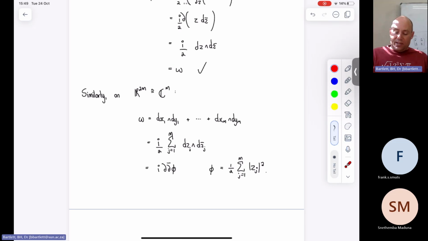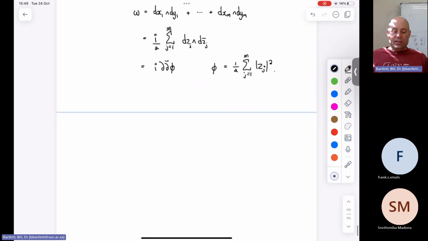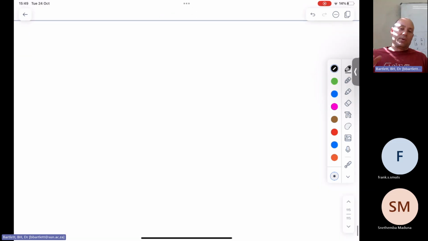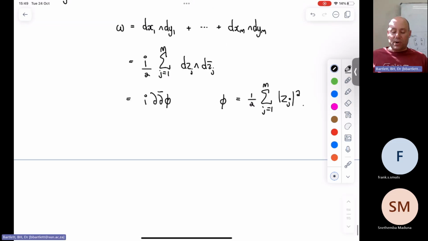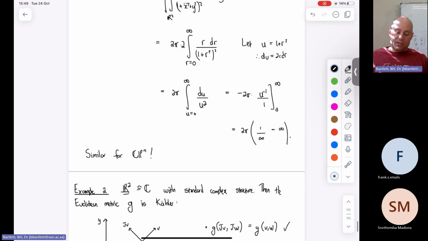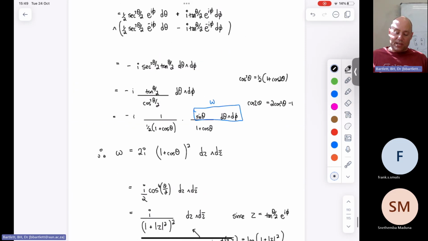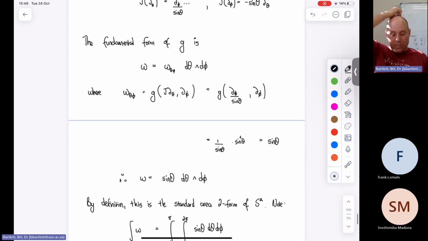Okay, so I don't think I'm going to have time to do this, but it's just a small calculation. I think I will put it in the notes, and you'll see it in the notes. It's just the calculation to show the following, namely, the question might be entering your head at this point, which arose from looking at that 2-sphere. So remember, when we looked at the 2-sphere, we had this Riemannian metric,